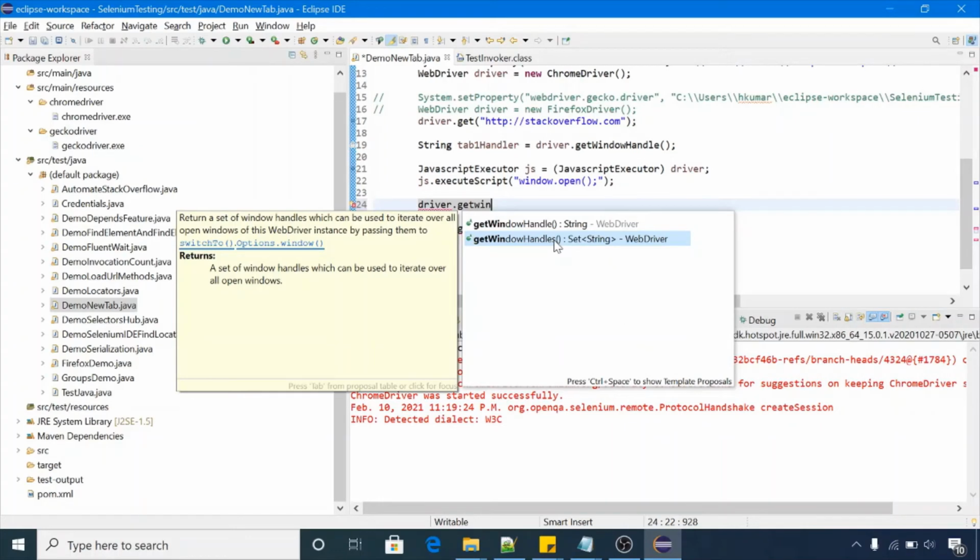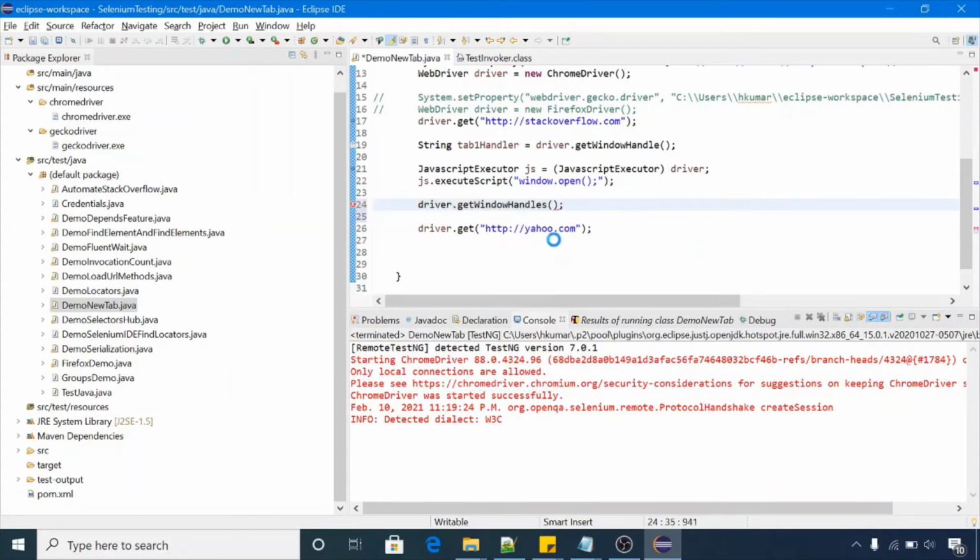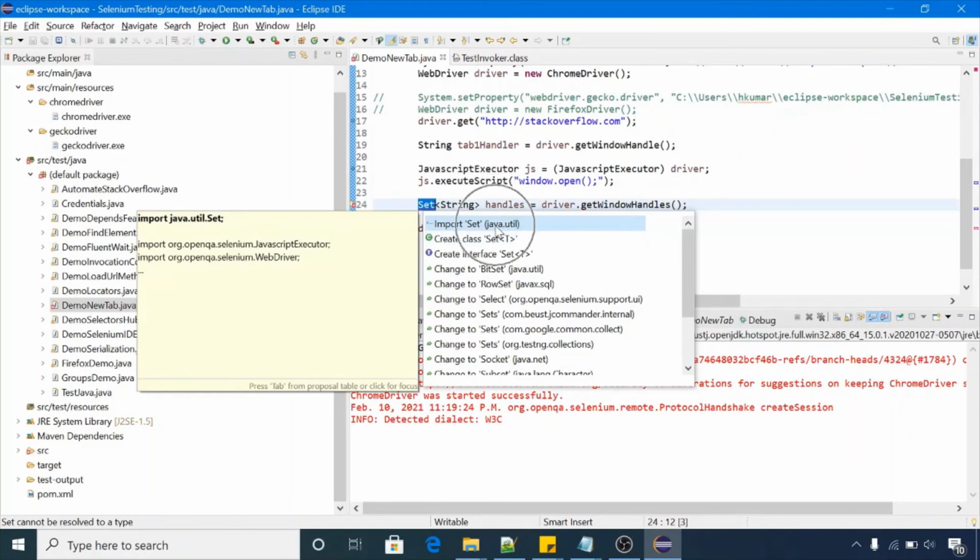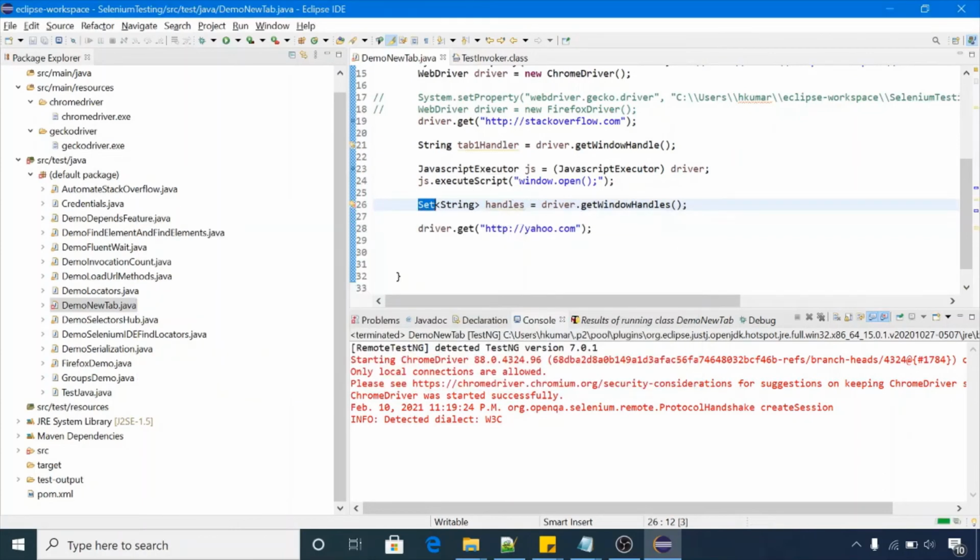So we will use this method, and we will use a Set of type String, and we pass handles. Now we got handles in this. First of all we need to solve this error. It's saying import Set. We will import that, no problem. Now we got all the handles in this set.